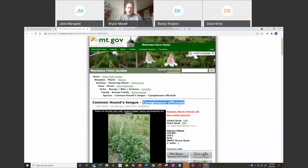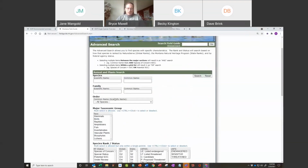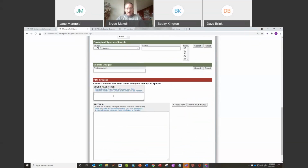field guide, and you can go to the advanced search. If you go all the way down, the advanced search just allows you to filter out and sort a variety of species, pull them out of the field guide. But if we go all the way down to the bottom, we could make our own field guide, summer 2021 field crew. And all you need to do to make your custom field guide is just put in the scientific names of species. So let's say